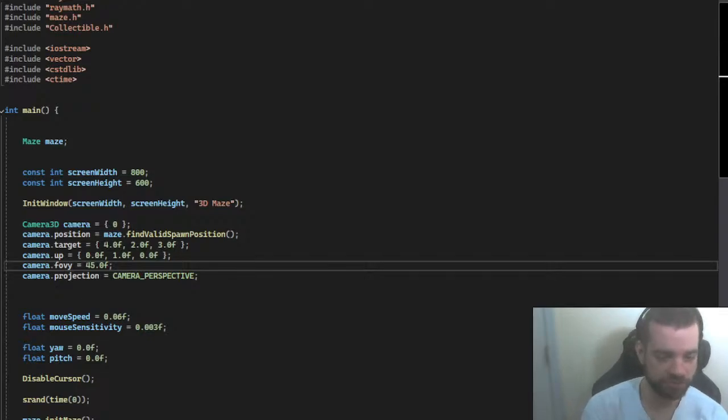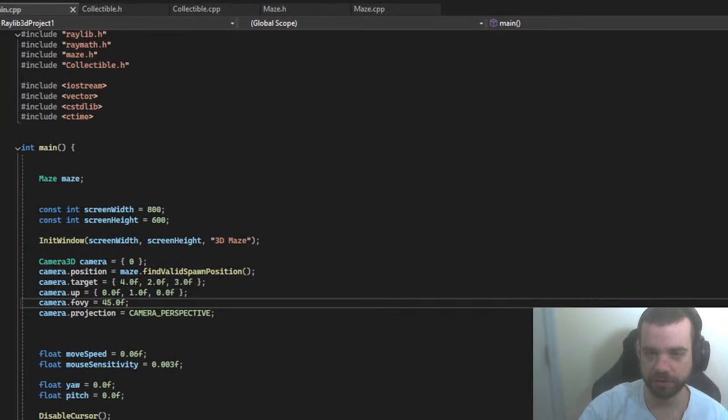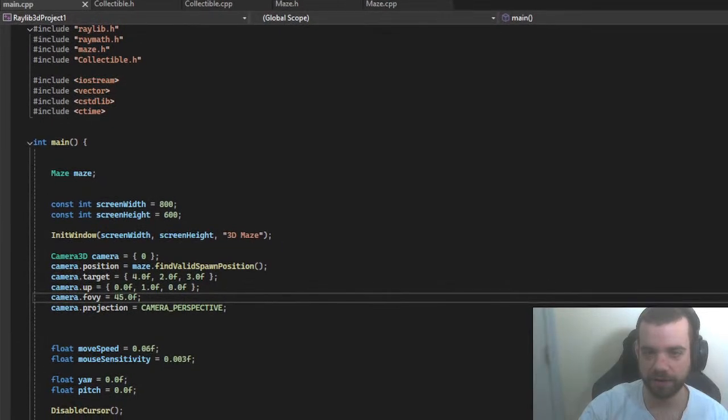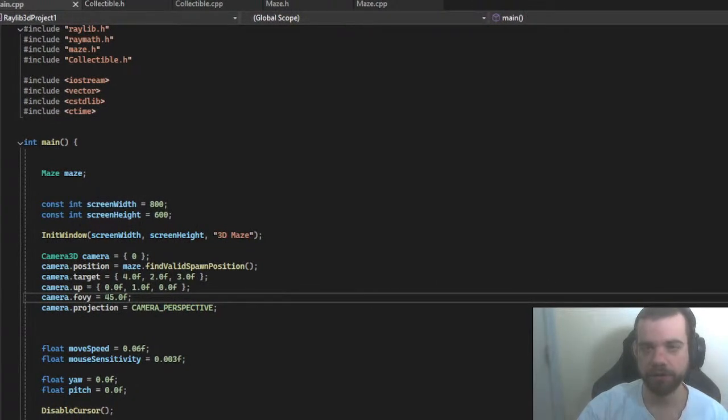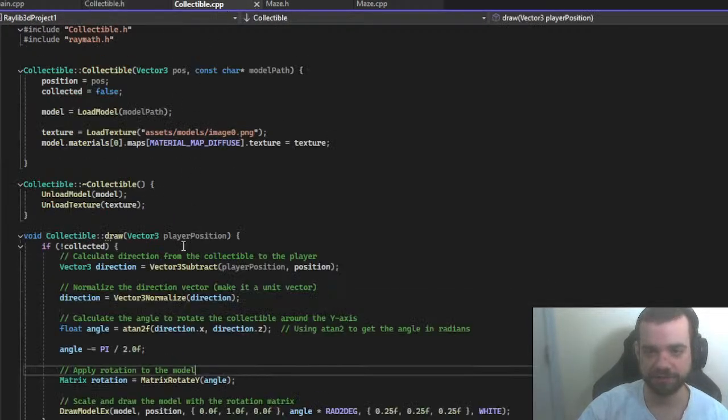It'll do that 1,000 times, which is overkill, until it finds a spot where it's valid to spawn. And then the collectible is its own class, and let me actually pull this down a bit. You guys can see that. There. The collectible is its own class,